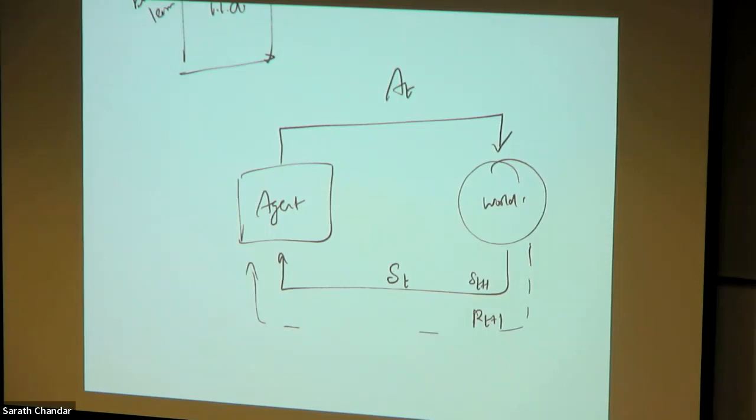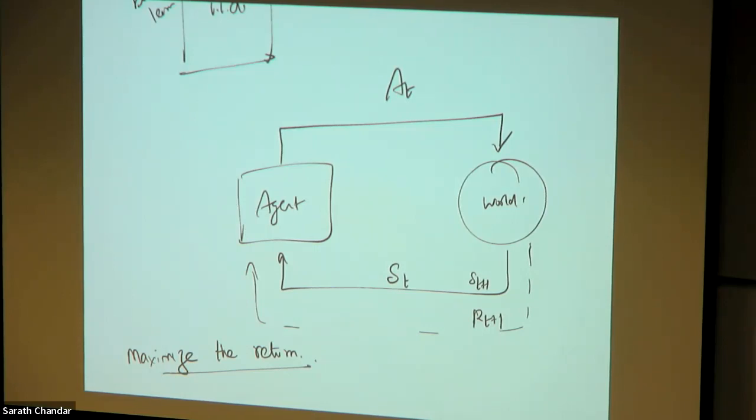You take an action, you see how it affects the world, and then you take another action and see how it affects the world. Now, once you have this interactive framework, the main objective of any reinforcement learning agent is just to maximize the return. Now, can somebody tell me what is the difference between reward and return? Reward is the next reward, the upcoming reward, but return is the cumulative rewards. Yeah, so return is just a cumulative reward, right?